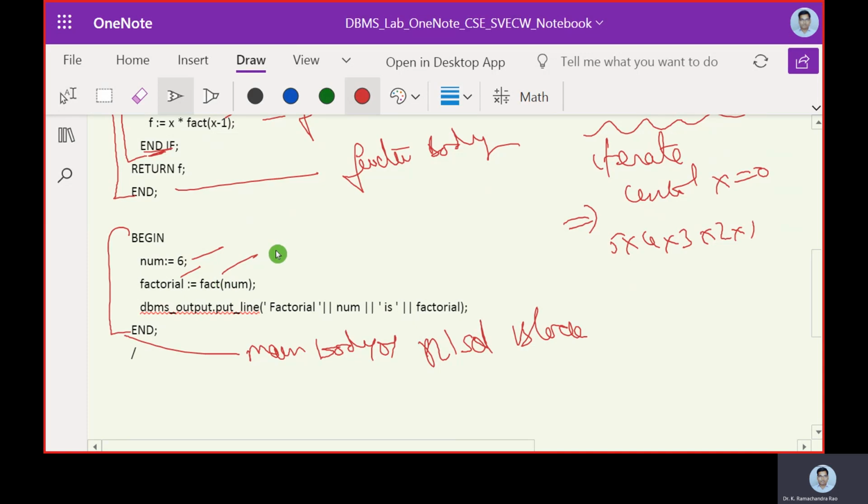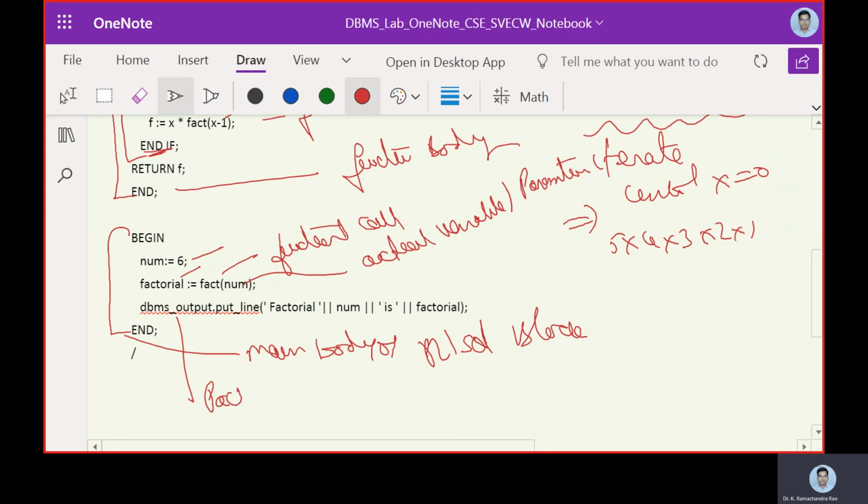So fact is what we call the function call, and number is going to be the actual variable or actual parameter. Okay. So now we have dbms_output, we call it the package name, and put_line, we call it the method name.